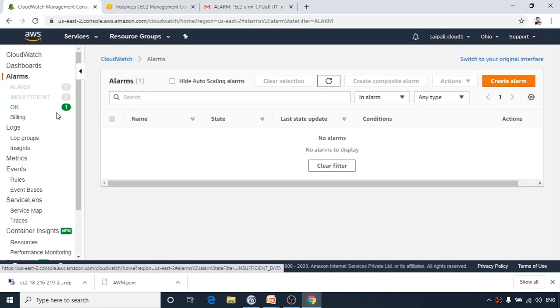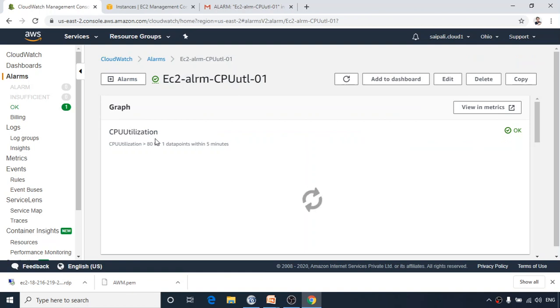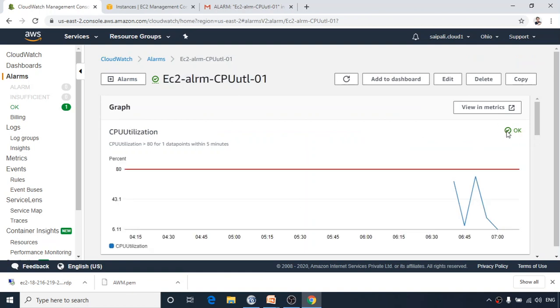So once we have set it at 80, what we can see here is that now it is in OK condition, not in alarm condition. We have updated the same alarm, but now it is OK because we have said that only if CPU utilization goes more than 80 will the alarm happen. So now the things are moving well. You can go to the alarm here. It is showing you the alarm, click on it, and you can see the status is now OK.